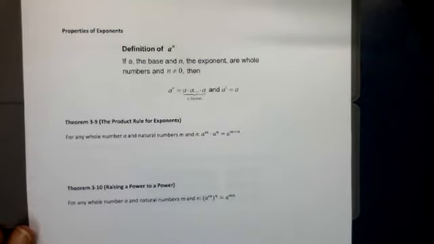All right, the next page deals with properties of exponents. Now we kind of talked about what exponents are, or a to the n. So here, if a, which is your base, and n is the exponent, are whole numbers with n not equaling 0, then